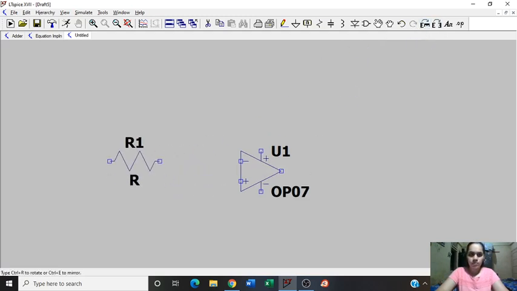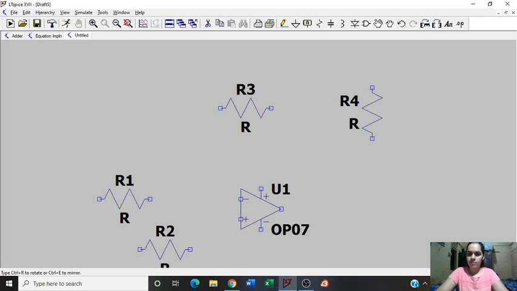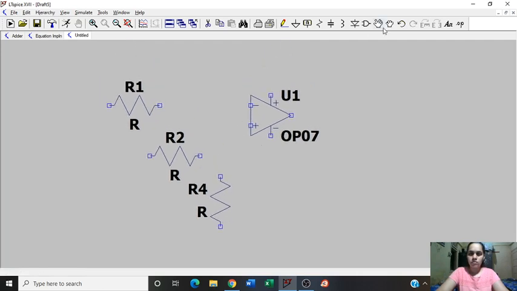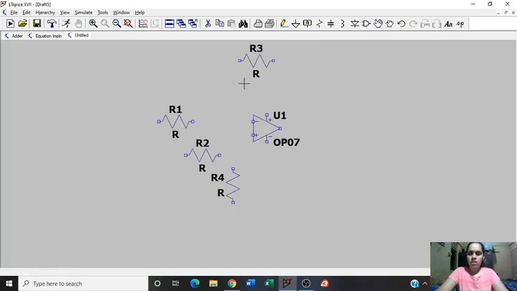I'm going to be needing 1, 2, so I'm placing my resistors as I will need them. And I'll be joining these resistors.